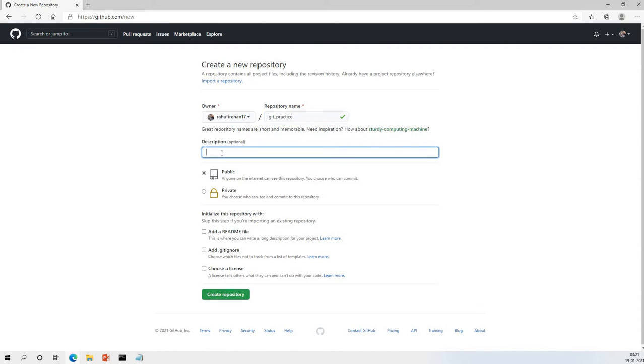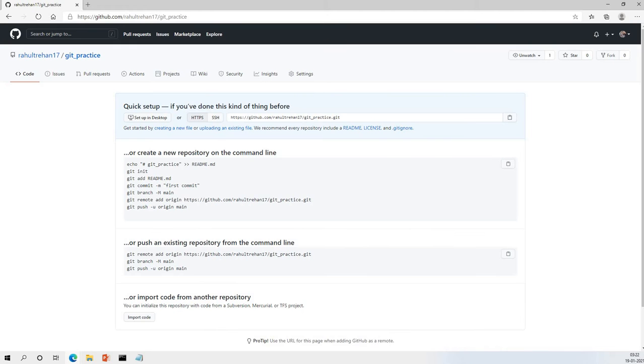The description is optional. If you want to put some description to your repository, you can do it here. Let's say... and let's create the repository. Now one very important thing to note here is the moment your repository is created, you would get some codes for your command line. These are very important codes when it comes to setting up GitHub in your Git command line. What you will do is copy this line, go to your command terminal,